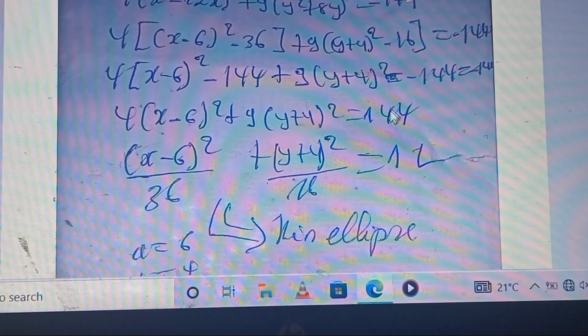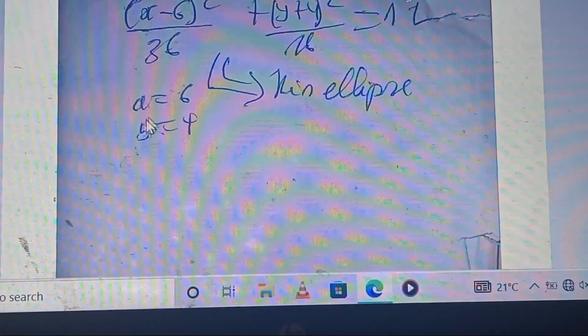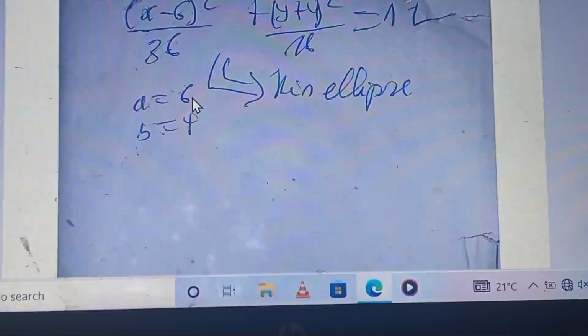Because it is a conic, you make sure you have 1 on the right, which means you divide by 144. Then you get that one, which means that the shape is a conic, where a is 6 and b is